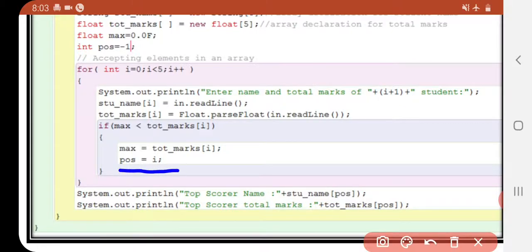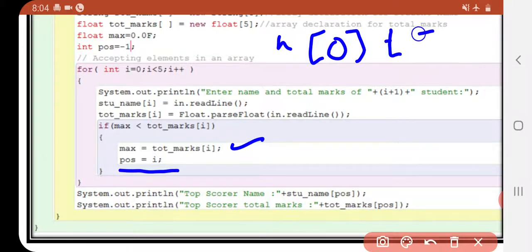And why am I using pos equals to I? Because I want that person's name also with the maximum marks. Right now max is storing the maximum marks, but how am I going to judge the name of that person? Just remember that the common position is used for name and marks. If the first person has the name in 0th location, then that person has total marks in the 0th position only.